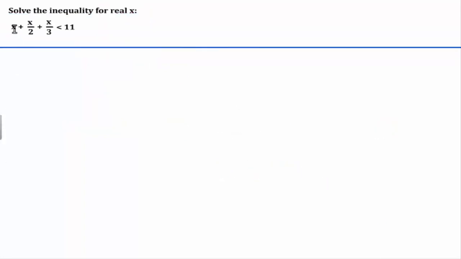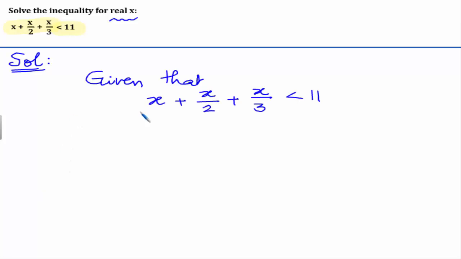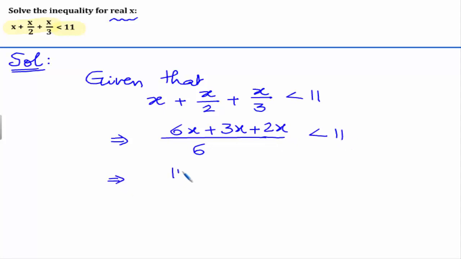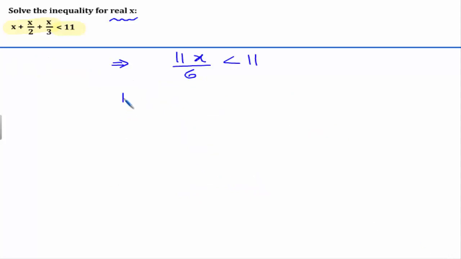In this question, we have to solve the inequality x plus x by 2 plus x by 3 is less than 11, where x is a real number. Let us see the solution for this problem now. Given that x plus x by 2 plus x by 3 is less than 11, on simplifying the left hand side, we get 6x plus 3x plus 2x over 6 is less than 11, that is 11x by 6 is less than 11. Now multiplying both sides